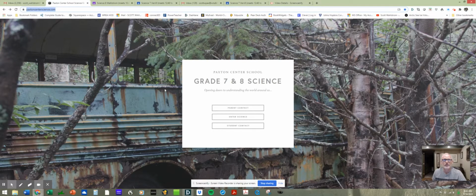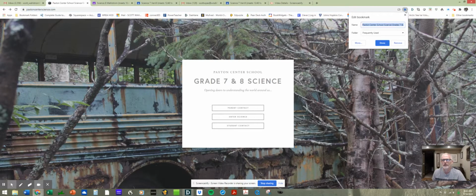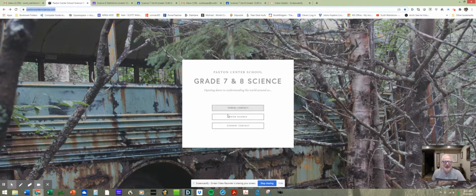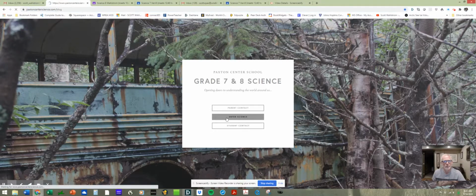You may find it useful to bookmark it by clicking the star right here. When you do so, I like to put it in a folder such as frequently used or the bookmarks bar, which you can select from a drop-down menu. You should get used to organizing bookmarks so that you're able to access them effectively when you need to. By clicking on the link in the center of the screen, which is labeled Enter Science, it will bring you